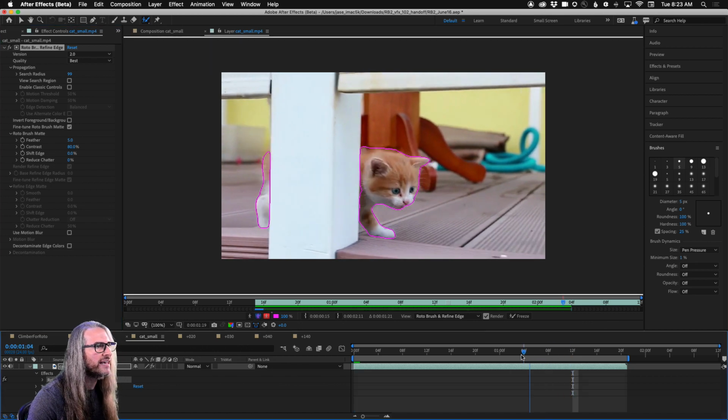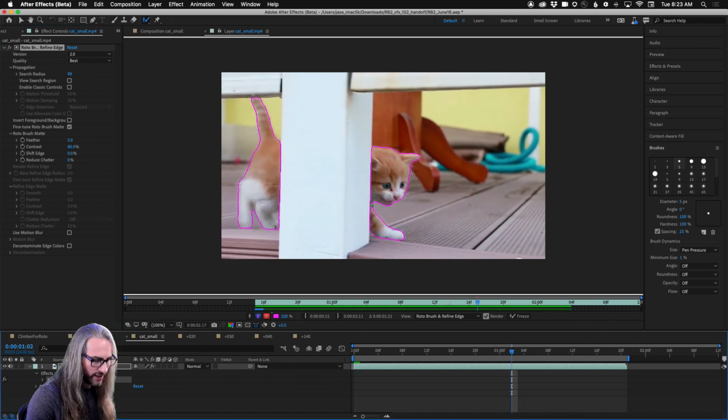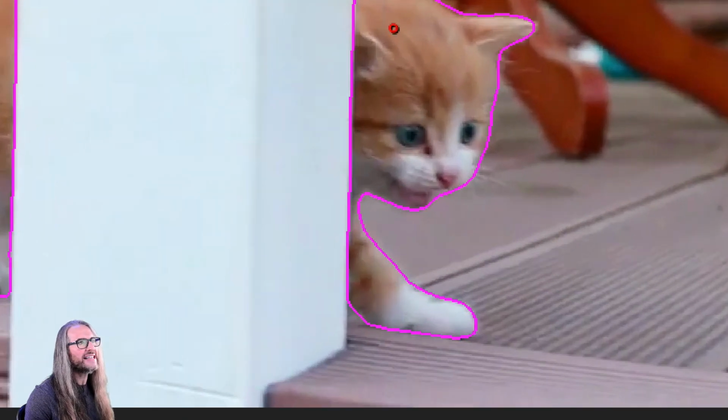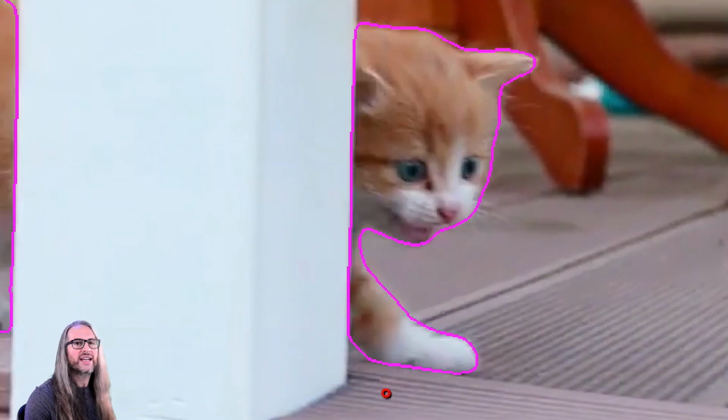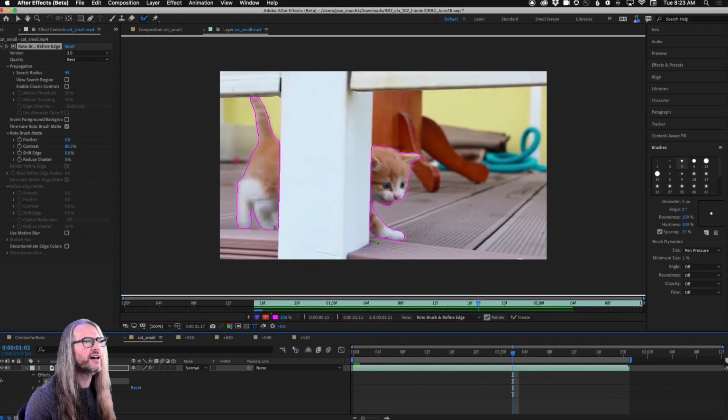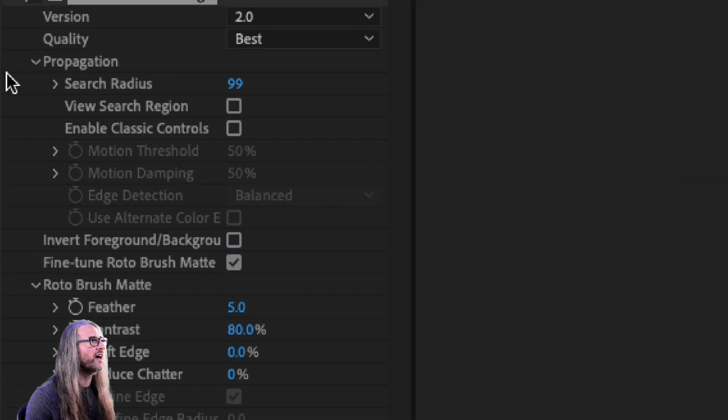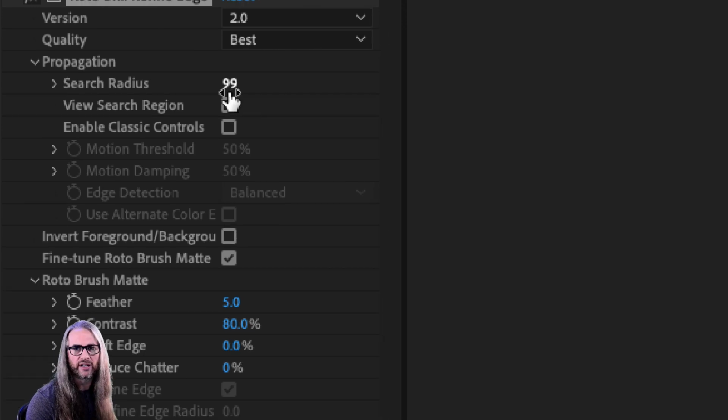But look at our little smiley kitten right there. Hold on, it even knows. Look at that face. That's how happy this cat is, that it's now able to see behind objects in the way. And the option that's enabling it to do that is this search radius option right here, all right, increased